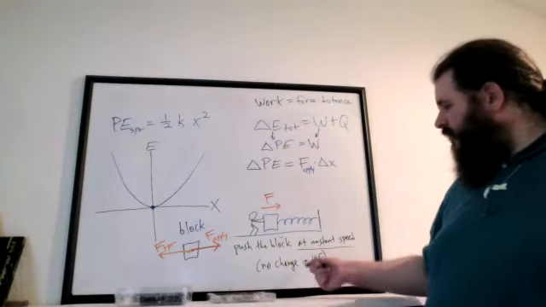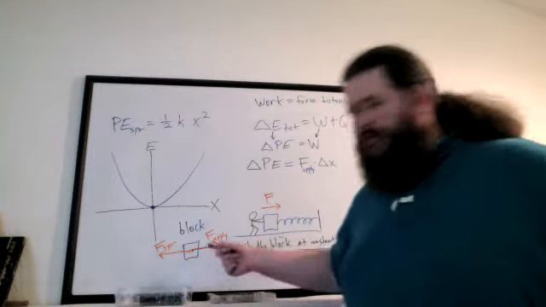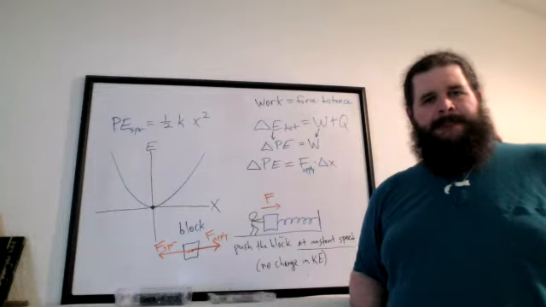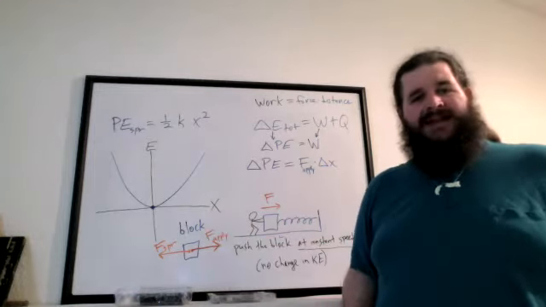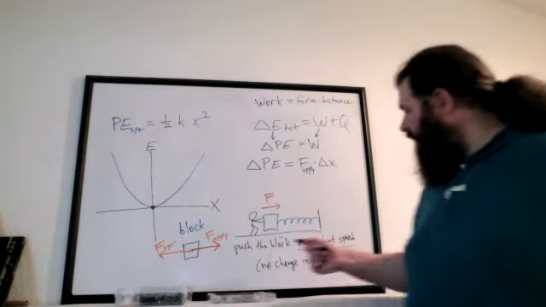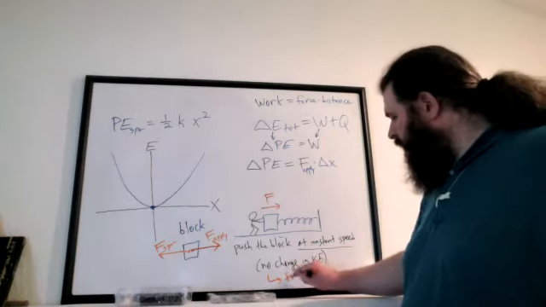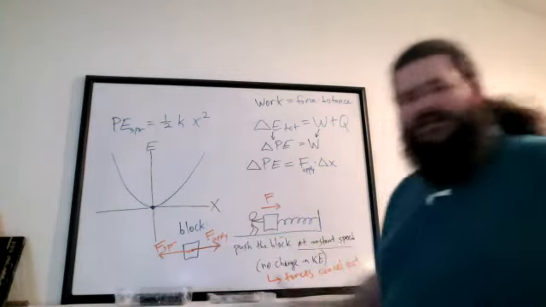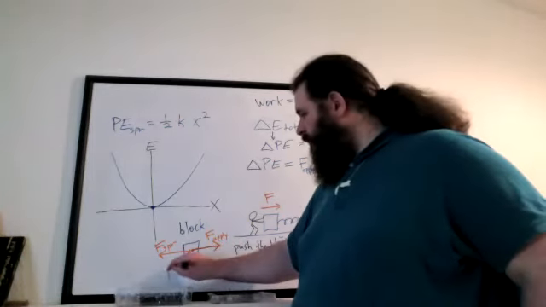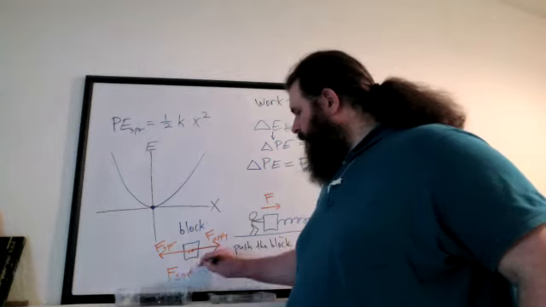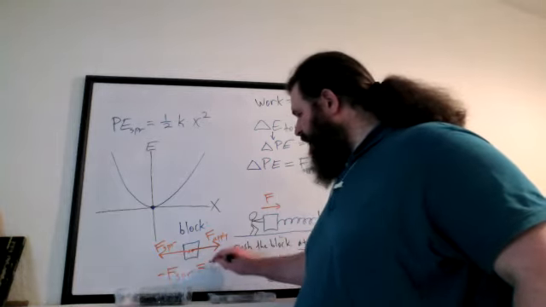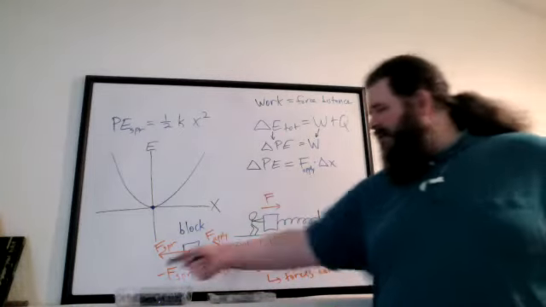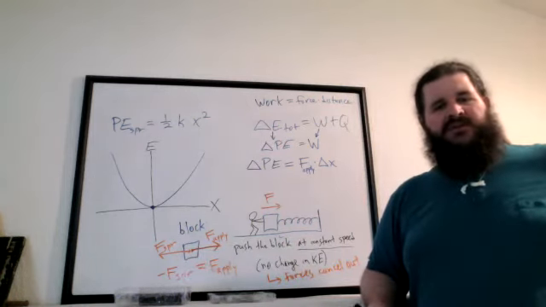If we're assuming that there's no change in speed, what has to be true about these forces in order for the block to not change its speed? Yeah, they have to be equal in magnitude and opposite in direction. So the fact that there's no change in speed means the forces cancel each other out. That these two forces added together equals 0. In other words, the spring force is the exact opposite of the applied force. So the force you apply has to be exactly the opposite of the force of the spring if we're assuming this is moving at constant speed,